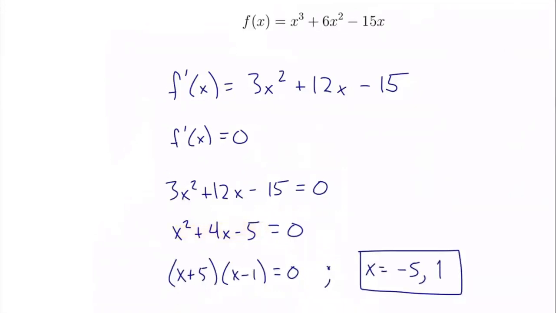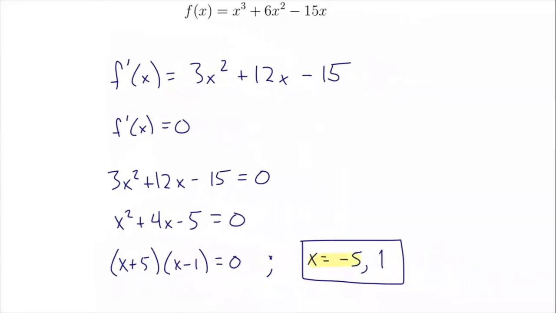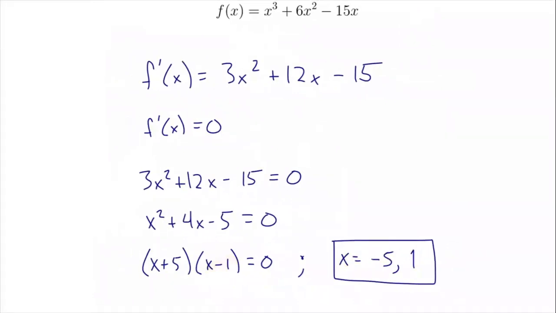Quadratic formula is probably the best brute force method to use here, though. So this thing actually does factor into x plus 5 times x minus 1. And we can use the multiplication property of this equation to write that x is equal to negative 5 or 1. We have two solutions to this. It's when x is 1 or when x is negative 5. That's the whole point of factoring and doing all these